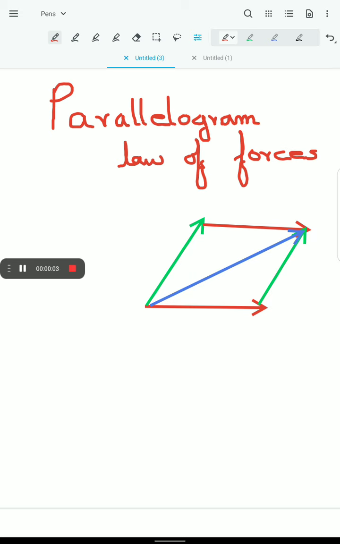Let us take two forces P and Q represented by the adjacent sides of a parallelogram. As the opposite sides of a parallelogram are equal and parallel, this force must also be Q. Now, by the parallelogram law of forces, the resultant R is given by